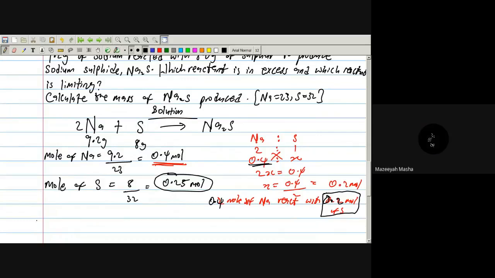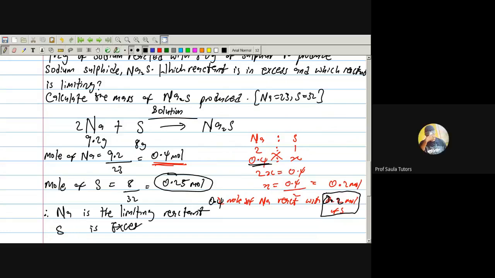So how do I conclude? I'll say therefore sodium is the limiting reactant. Is the limiting what? Reactant. And sulfur is the excess reactant. Do you understand that? You don't understand? I understand, but sir,